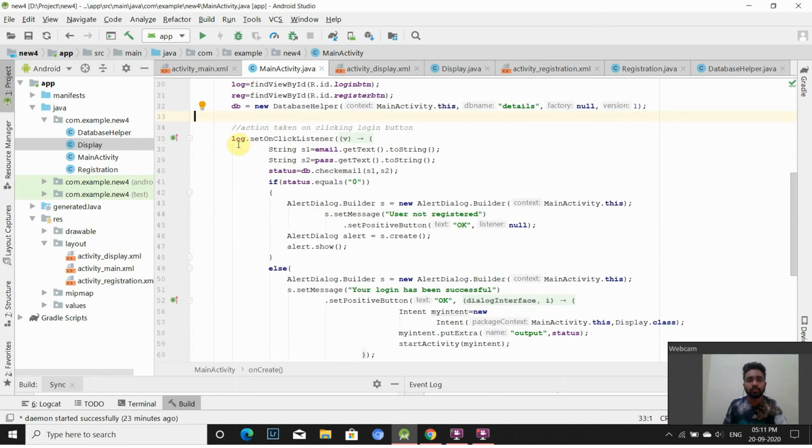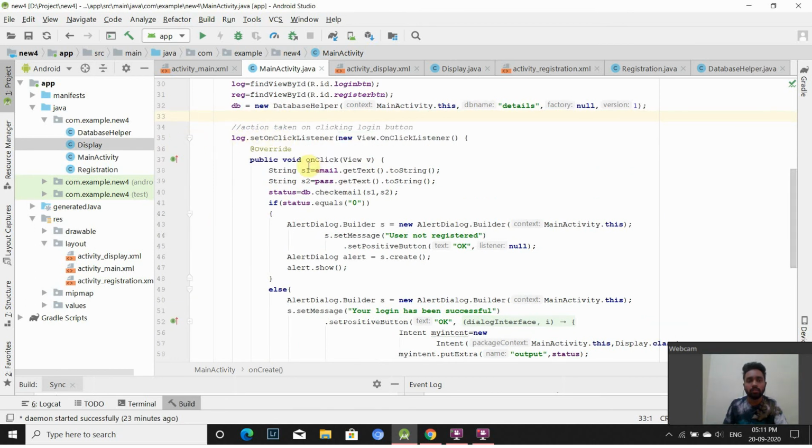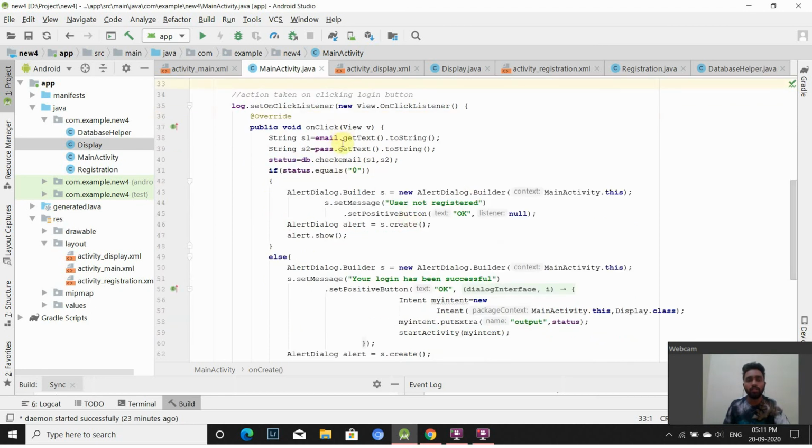Now I am giving a setOnClickListener on my login button. So when I click login, the input given by the user in the text fields email and password will be taken as a string and stored in the variables s1 and s2. Later we are checking the status.